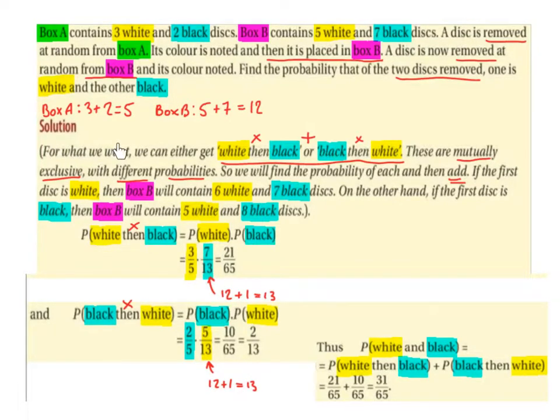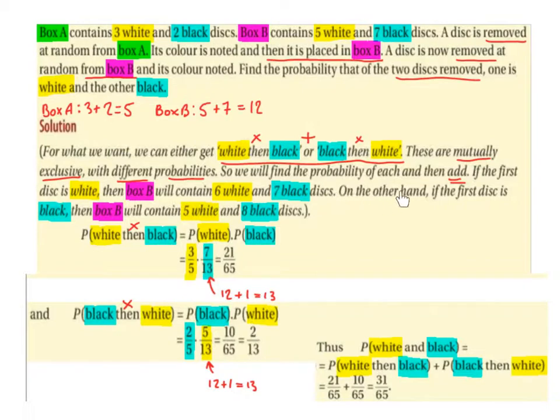For what we want, we can either get white, then black, or black, then white. These are mutually exclusive with different probabilities. So we will find the probability of each and then add. So OR means add. If the first disc is white, then box B will contain 6 white and 7 black